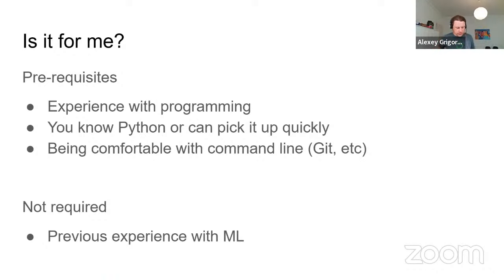So what you need for this course is you need to be good, not good, but it depends. Good is subjective, but you need to have some prior experience with programming. So seeing code should not scare you, and you should be able to read it and write code. This is the most important thing, right? So you need to be able to do this.